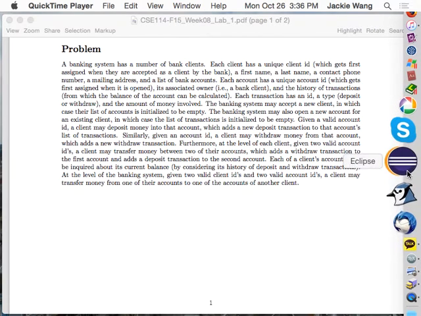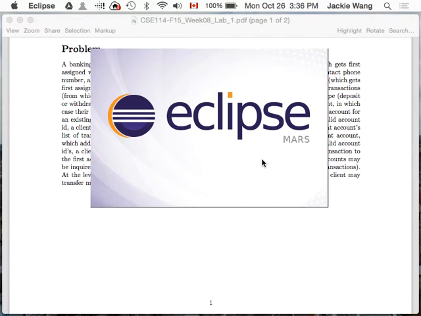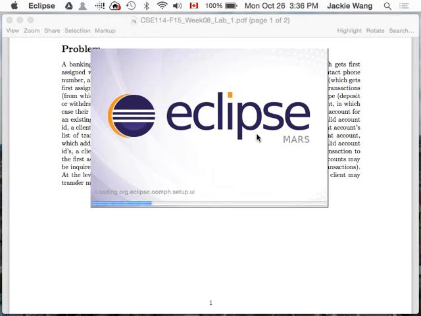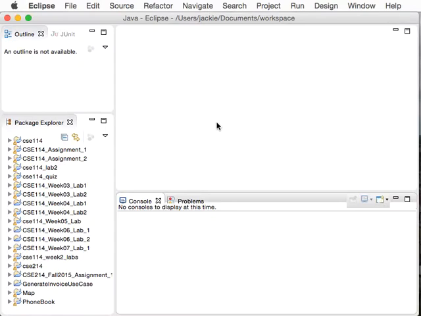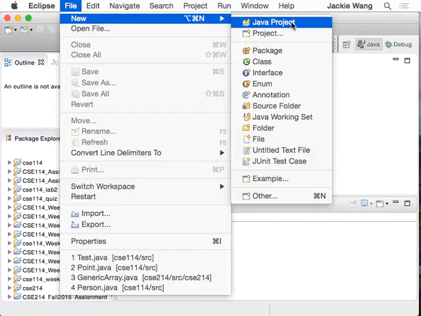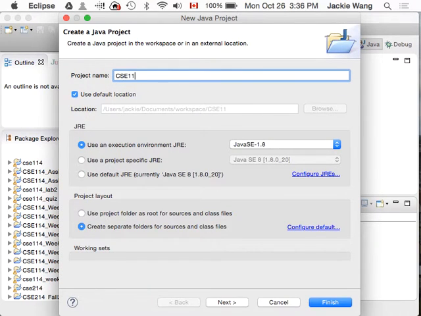So if you launch your Eclipse, and then we'll see we can create a new project, which I think you have done already. So it's a banking system. So why don't I just create a new project here? I can say CSE114